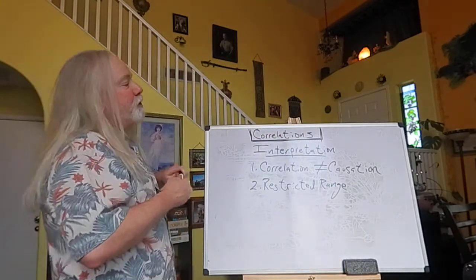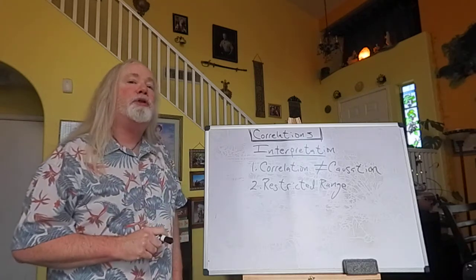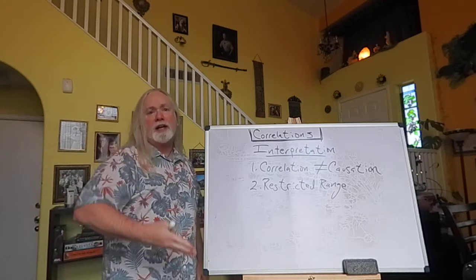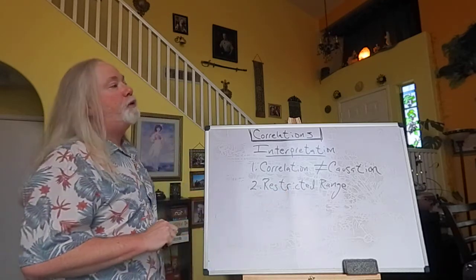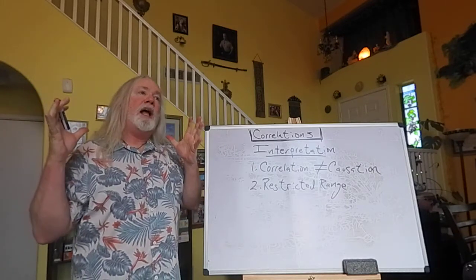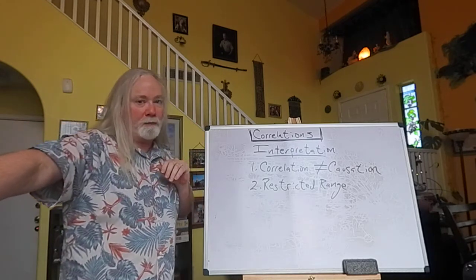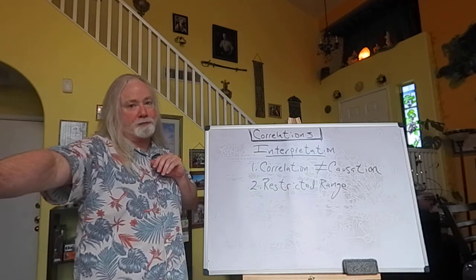Next thing is a situation we sometimes run into called restricted range. Sometimes you'll hear it called truncation. If you're truncating something, you're cutting it off or restricting its range. So if we have a set of raw score data, and we cut some of that data out for some reason, we may end up presenting a false picture.